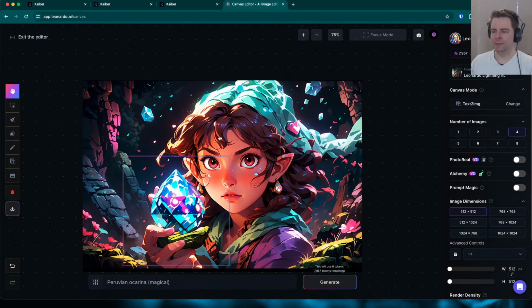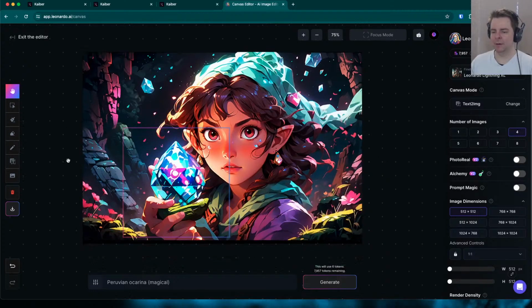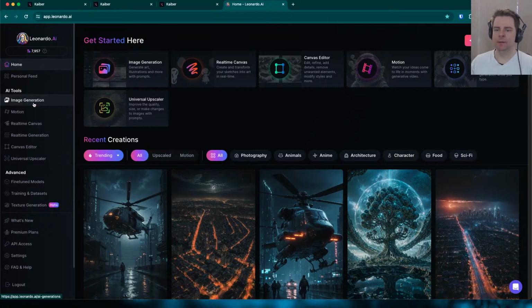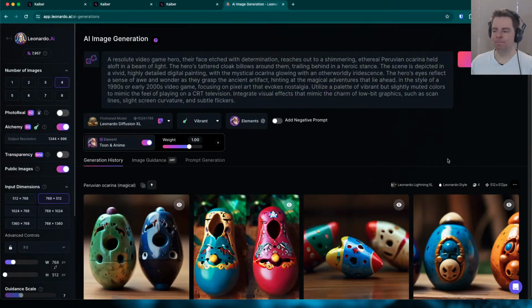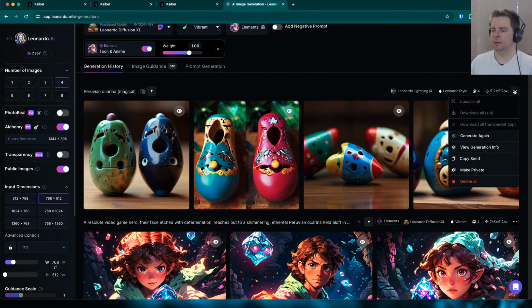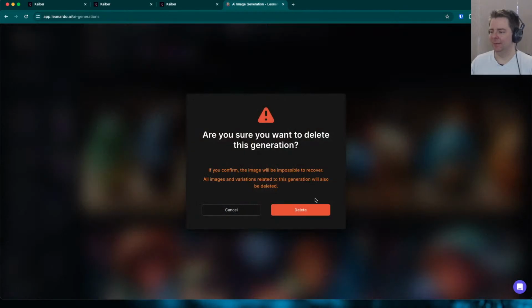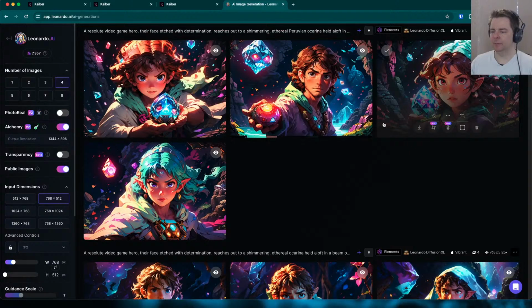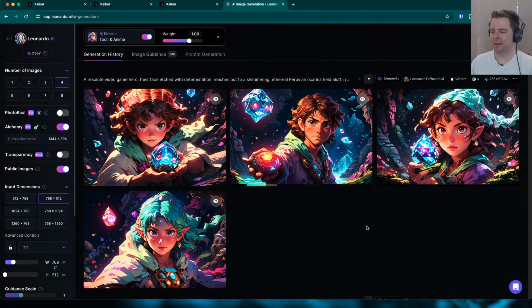I'm surprised it didn't use the surrounding art style or the previous prompt. Maybe there's a way to do that. All right, image generation, though. But it did put it in my history. Okay, I'm just going to delete these, though. Those are strange. Delete all. Yes. And I think of them, honestly, the one without the hands